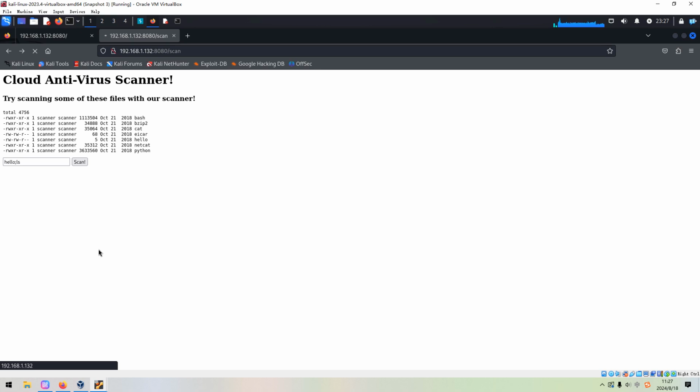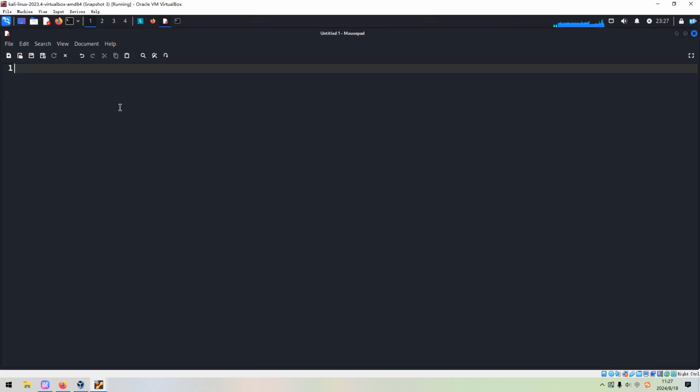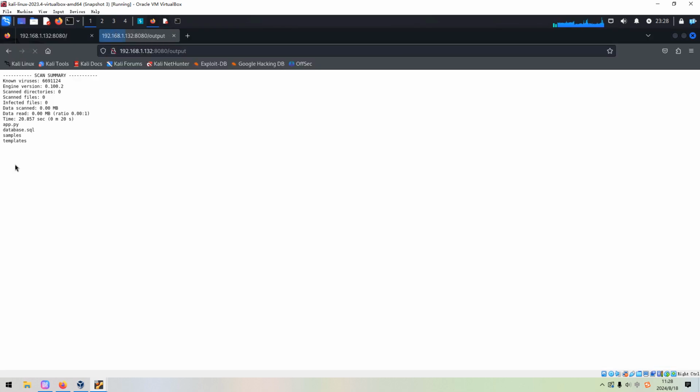Of course, we can use a different separator to inject commands. For example, we can use this one, or a different way to inject commands. But let me test this. Okay, it's done. It even gave us the files under the current directory.